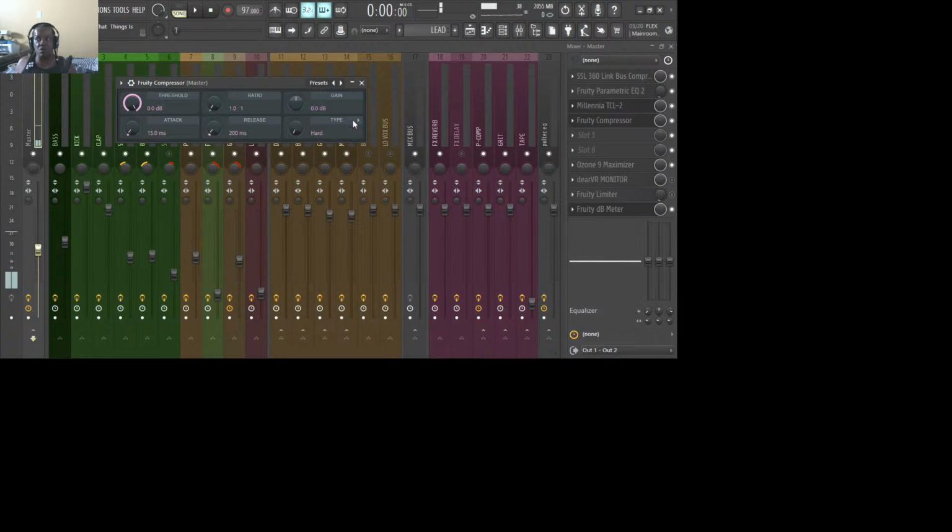When you go in here, you can click here to get a hard compression or vintage or whatever types they got for you. But what this doesn't have is an indicator of makeup gain or gain level reduction. Because when you use this, your volume is gonna go down. That's a bad thing about this. But it works. The way you gotta do this is you have to go in here and come in here and load